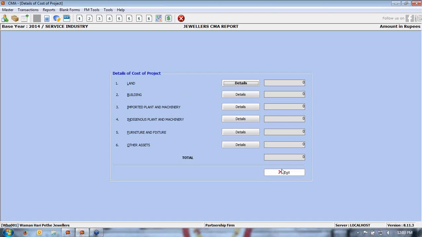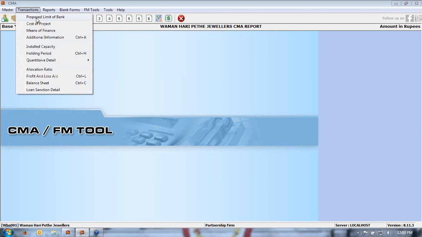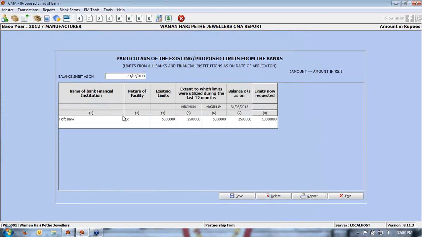Now next is proposed limit of bank. Particulars of the existing or proposed limit from the banks, limit from all banks and financial institutions as on date of application. Provide here the balance sheet date, name of the bank, financial institute. I have already entered an entry like SDFC Bank, nature of facility CC or term loan according to existing limit, if any existing limit is already available,